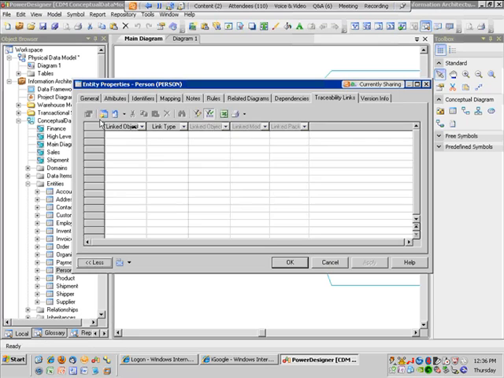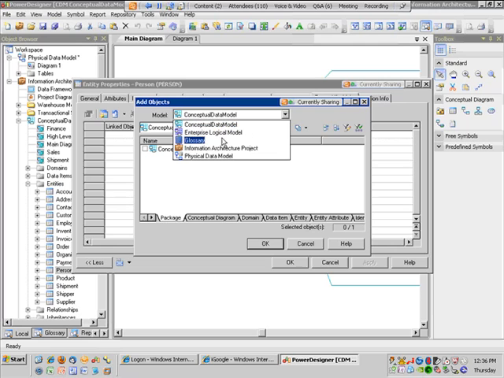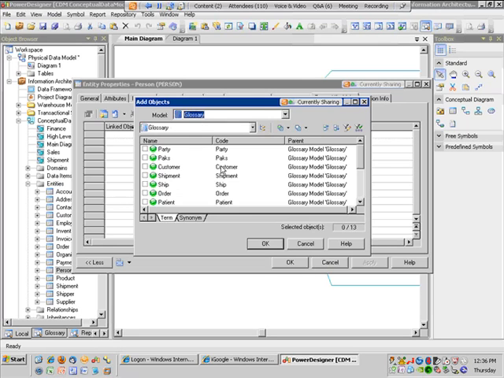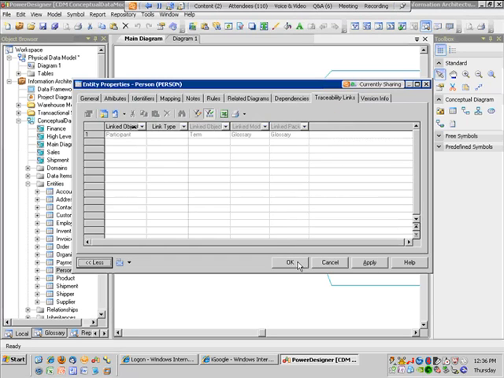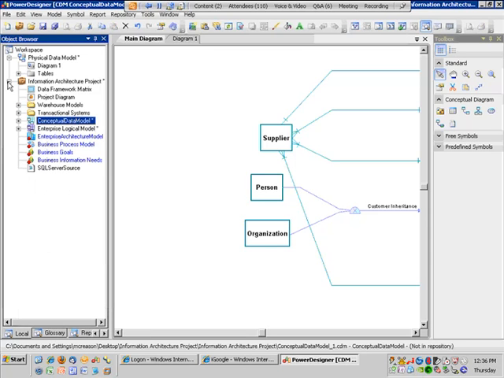I'll turn on no grouping, and I'll go ahead and add a new traceability to this. Just give me a second while this launches. You can see now in my model drop-down I have a glossary listing, and I'm going to tie it to participant and say OK. Now that I've tied this conceptual model to the glossary, let's go back to the glossary,